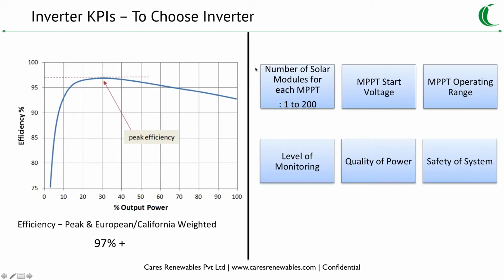Now when we come to key performance indicators or KPIs for choosing a solar power plant, the first one which typically comes to everyone's mind is what you call efficiency. If you look at the data sheet of any module, you will see two efficiencies: peak efficiency, and then something known as the European or California weighted efficiency. The peak efficiency could be somewhere around 99% and the weighted efficiency somewhere 97% plus, typically for